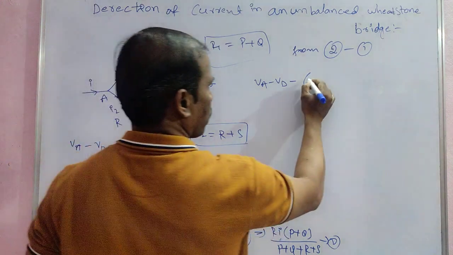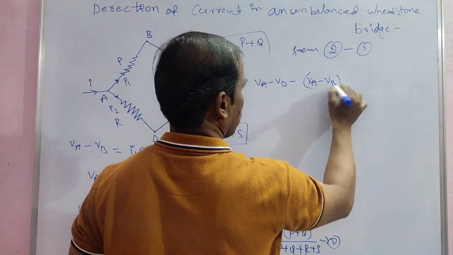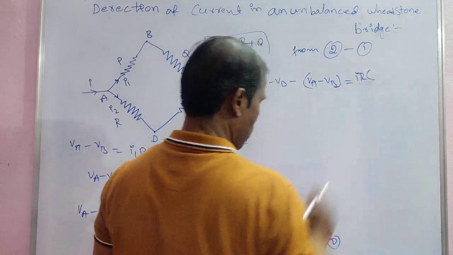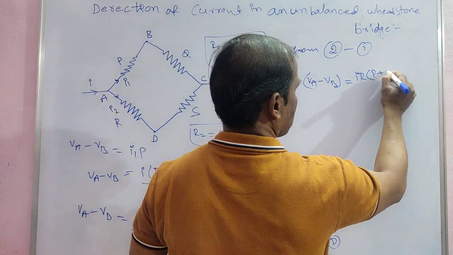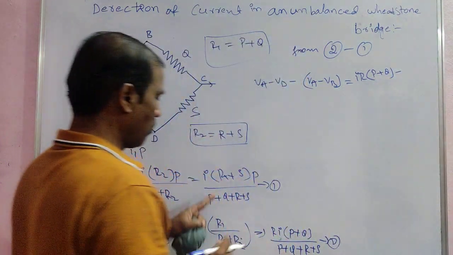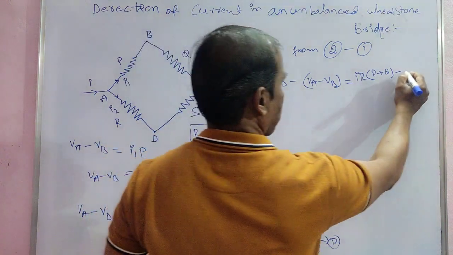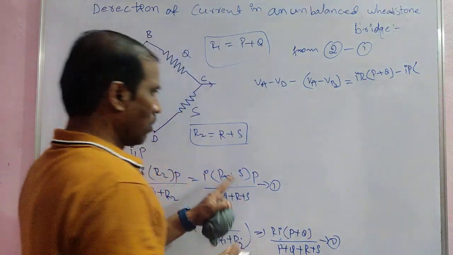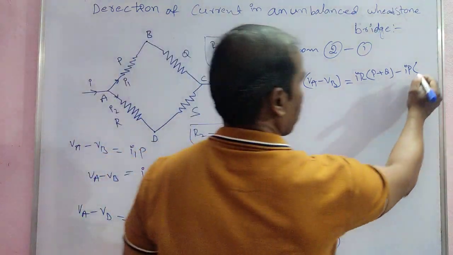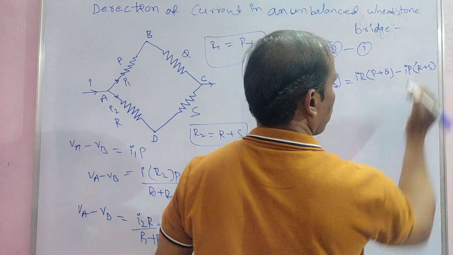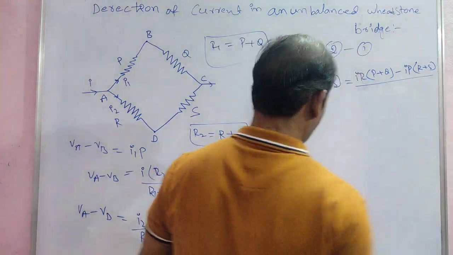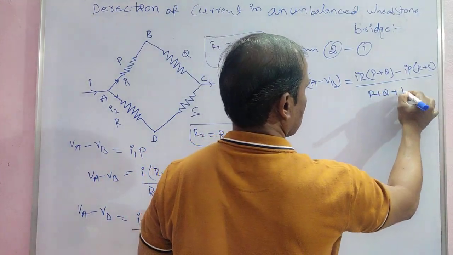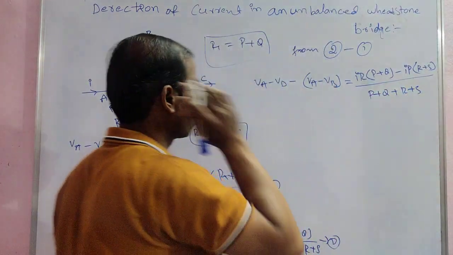VA minus VB is equal to this formula: I R into P plus Q, minus the other formula: I into P, IP into R plus S, by the total resistance P plus Q plus R plus S. So simplifying